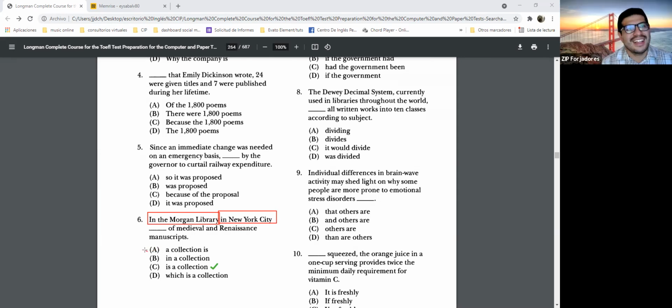Exactly. We change the order? Yes, that's right. We inverted. That's right. Very good. So letter A cannot be because it's not inverted. The sentence starts with a place expression. Letter B is not a subject. It's just another prepositional phrase, and I need a subject and a verb. And letter C cannot be because I have a connector, so that means that I have to have two subjects. So no. Okay.